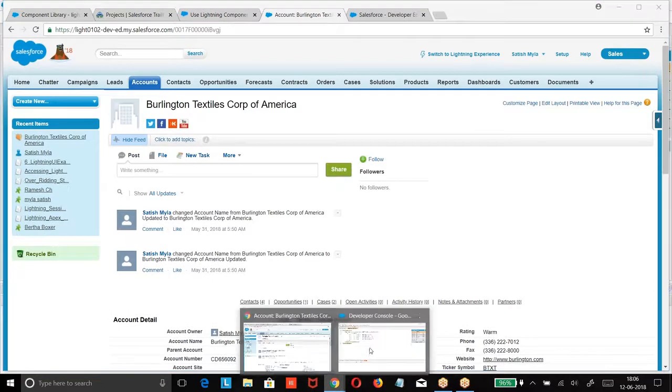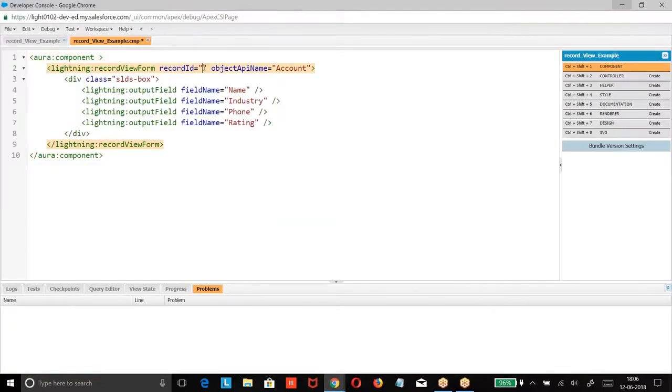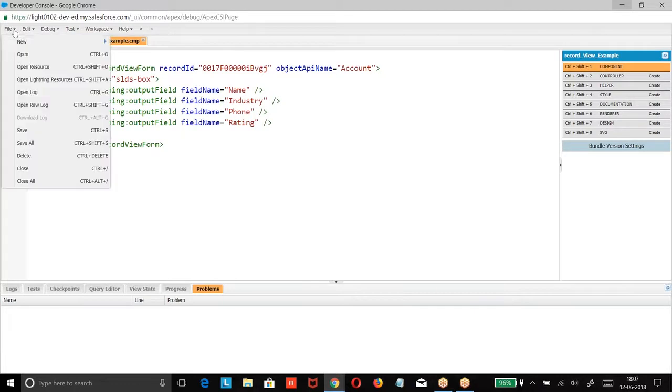Right. So I'm giving the record ID. Straight away I give the record ID. But as per yesterday's example, what we can do? Implements force:hasRecordId. When we add this component to a record home page, whatever the ID of the record is there, that can be fetched here by using v.recordId. Okay. Now we are adding